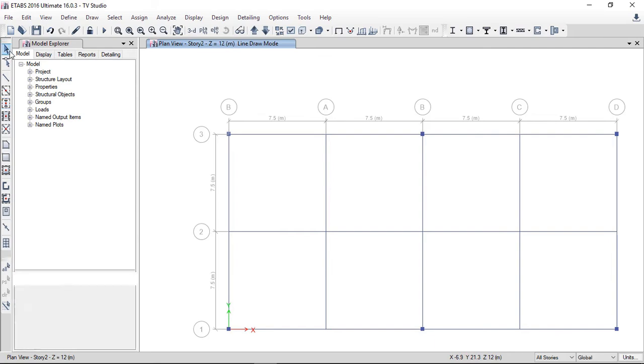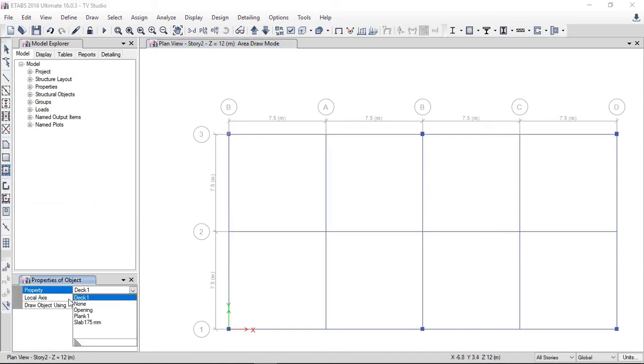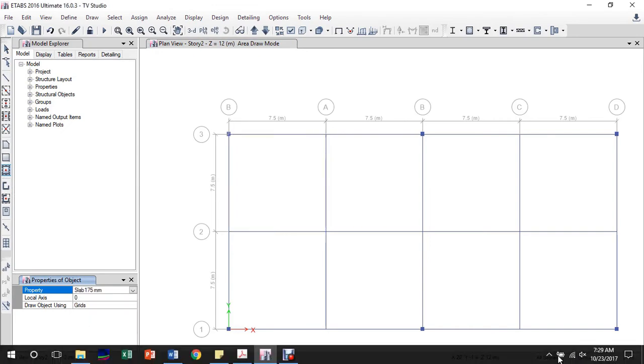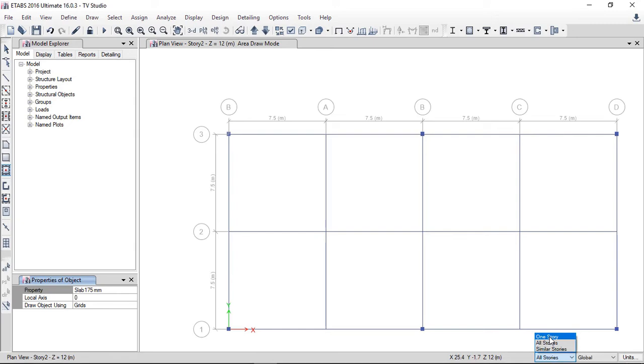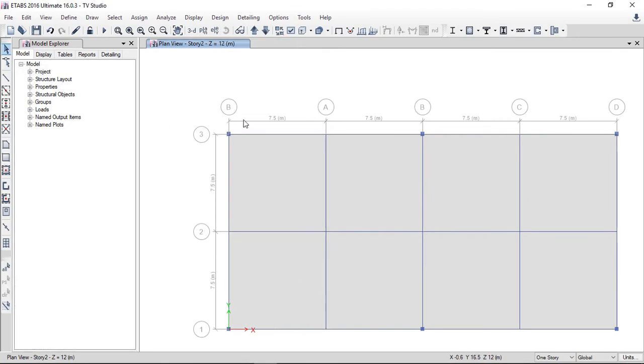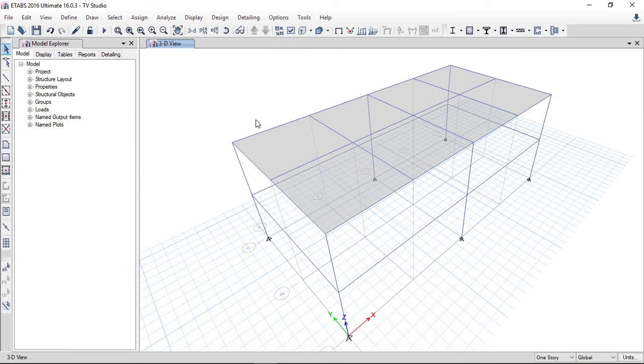After that, only slabs are required. So I will click quick draw slabs. I will select the property which I have defined, slab 175 millimeter, not in all stories, only in the one story. Here, here, here, here, here. So it's a very quick process. So now we can check we have successfully modeled our